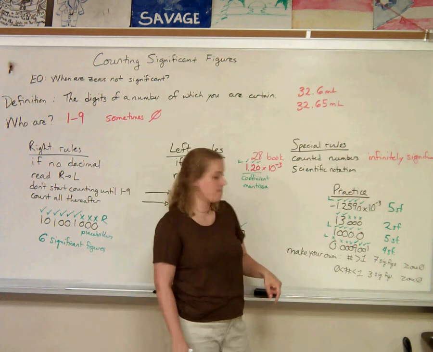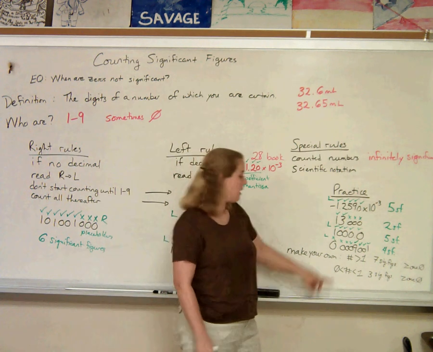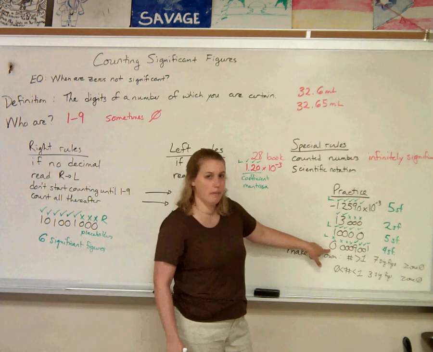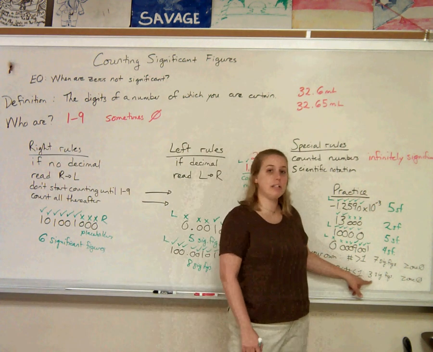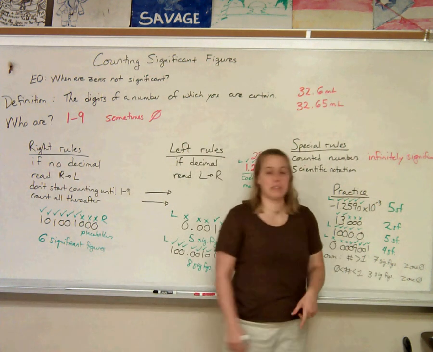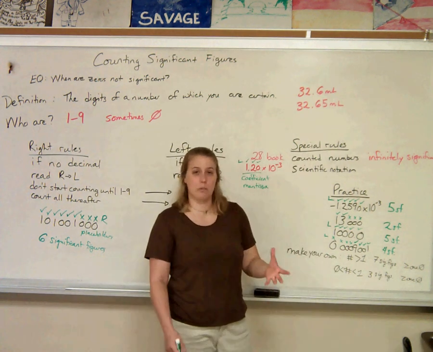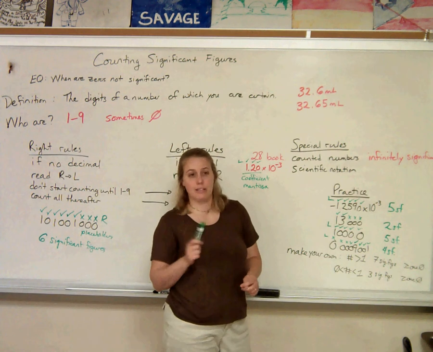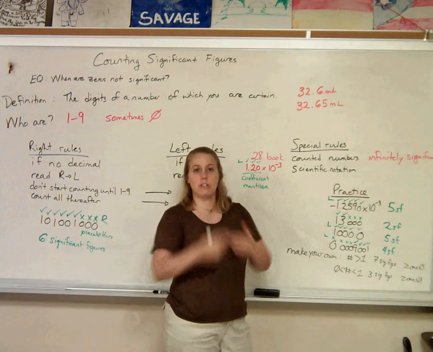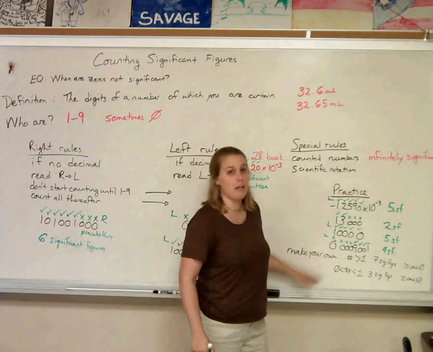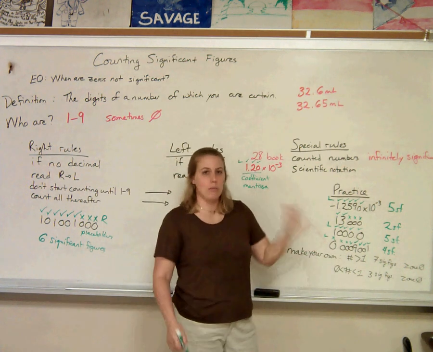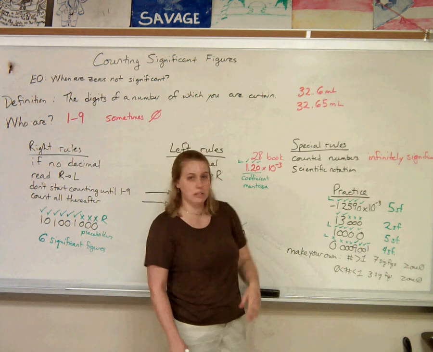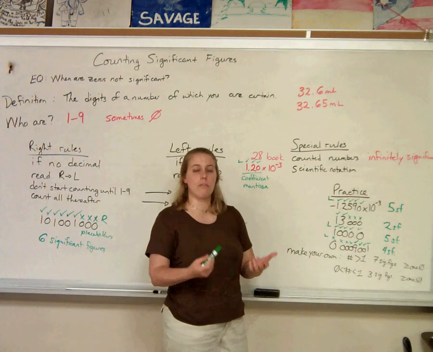The second number I want you to make is a number that is between 0 and 1, so it's a decimal number, like this one. It needs to contain 3 significant figures, and again, it has to contain at least 1 zero. You can have more than 1 zero if you want, but it has to have at least 1 zero. Bring those numbers to class with you next class, and with your partner, check each other to see if you created decent numbers. Everybody's going to have different numbers, but have your partner look at yours and say whether it has 7 sig figs or 3 sig figs, and you check out theirs. And then if you have a problem, you can ask me whether